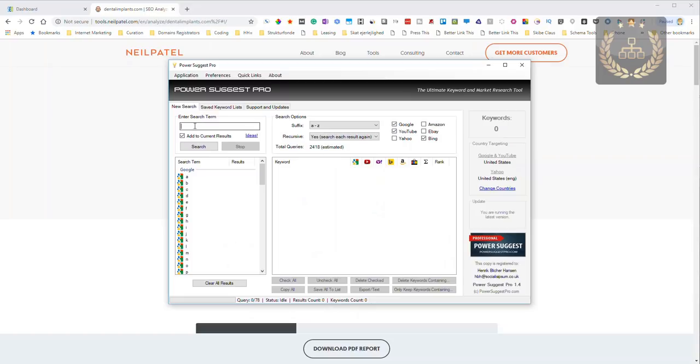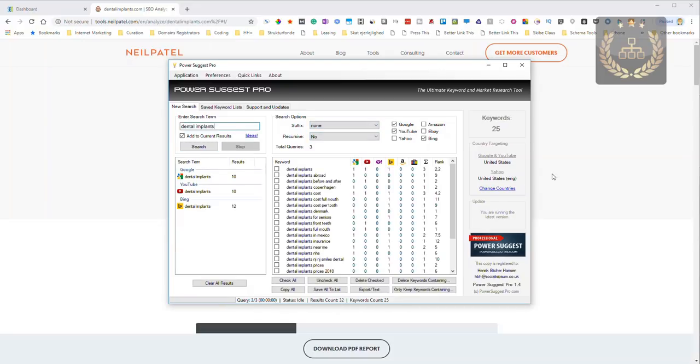And let's take a look at what we have been searching for: dental implants. Dental implants. And I will say no here and no to any suffix, and I'll hit search, and it will produce me 25